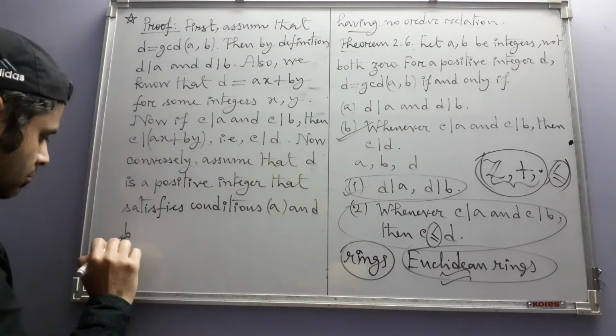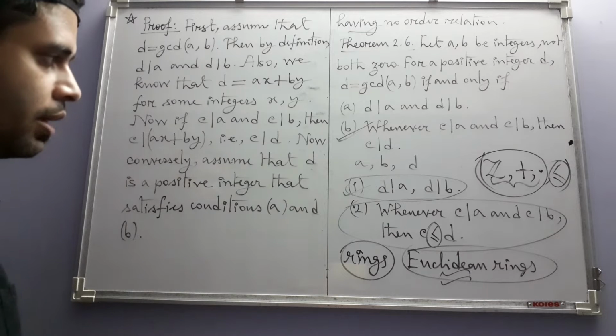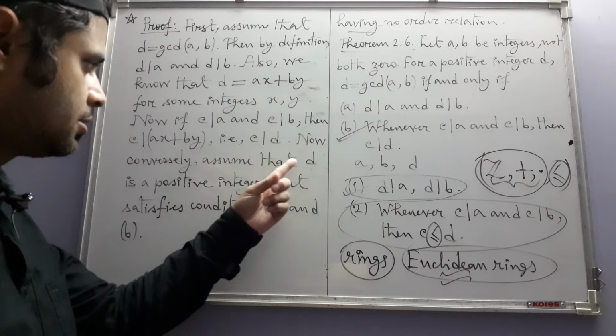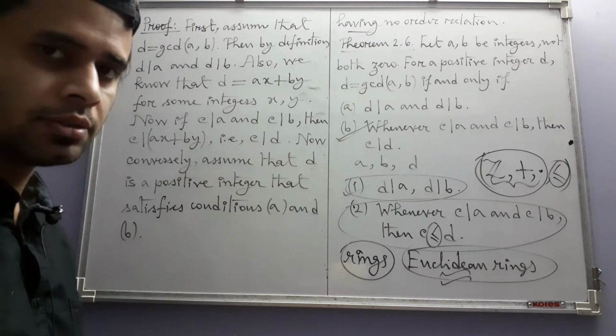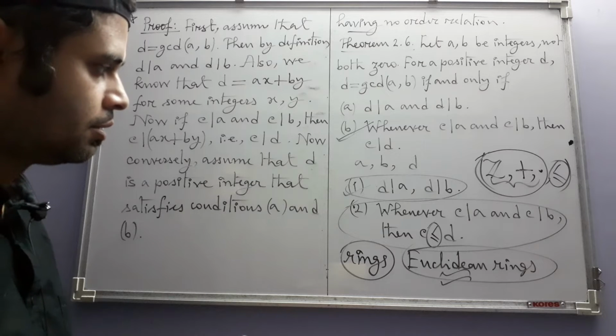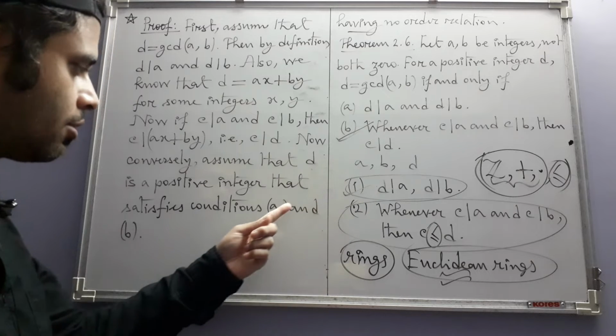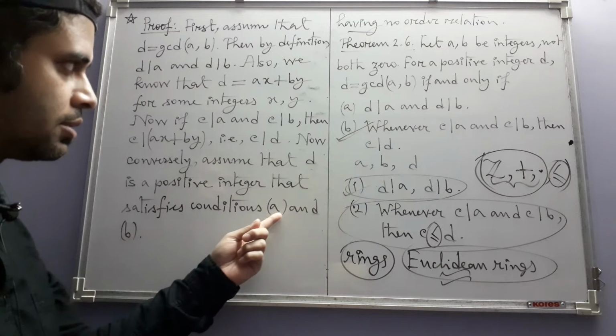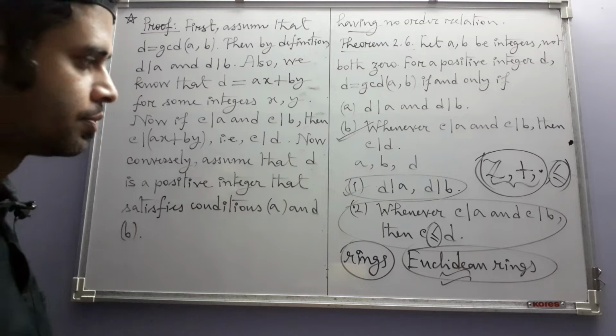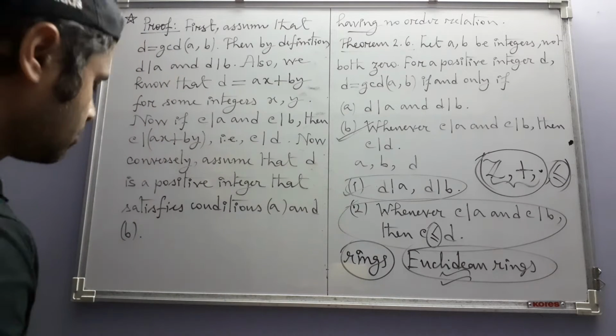Our aim is now to prove that this D will be the GCD of A and B. For that we need to show that 1 and 2 are true. 1 is already true because condition 1 is nothing but condition A. We need to prove that 2 is true